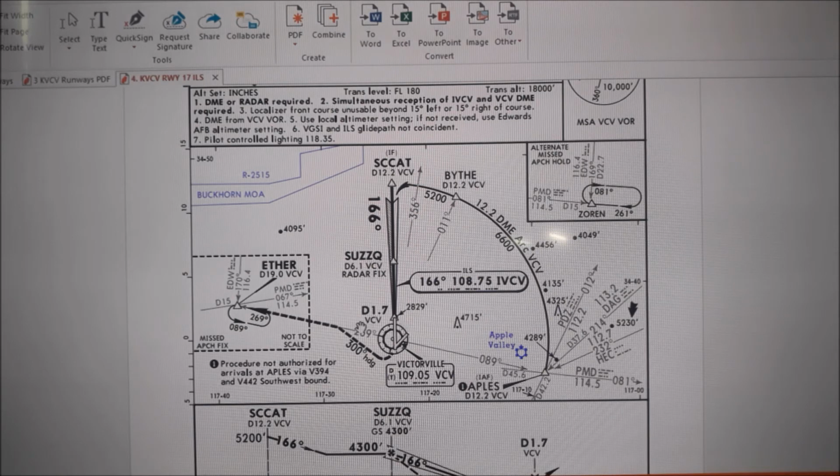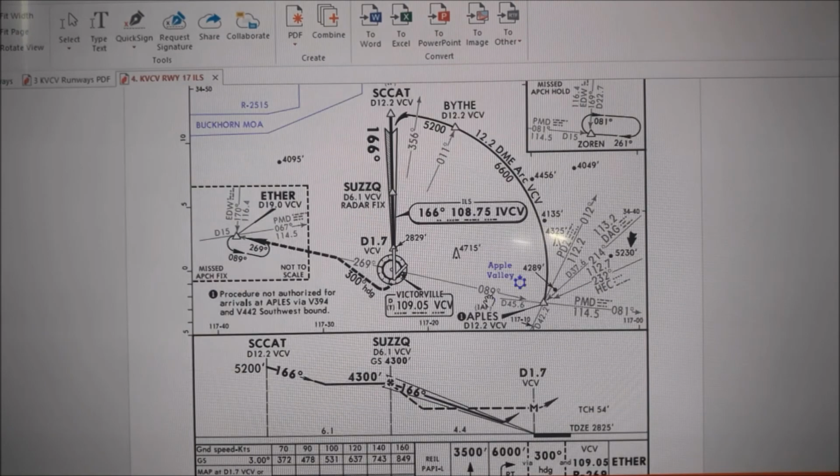So what we need to put into the plane primarily, there are so many things here, I am skipping all that. 108.75 is the ILS radio frequency, and 166 is the magnetic heading, so we have to make a note of this, and put it into the plane's computer.